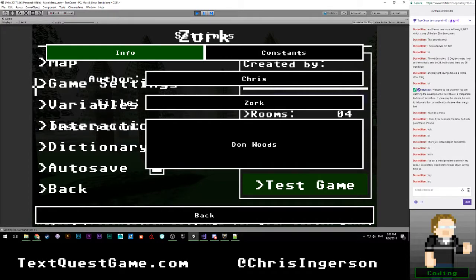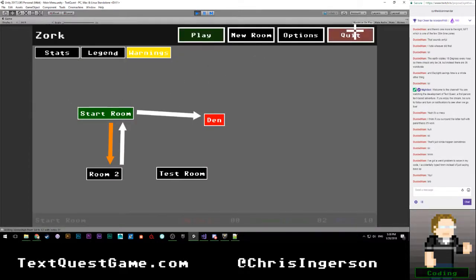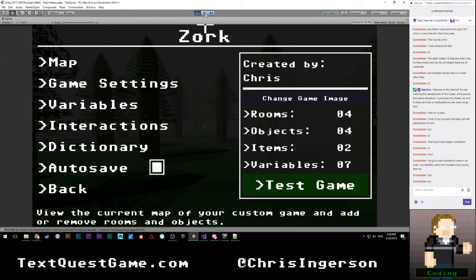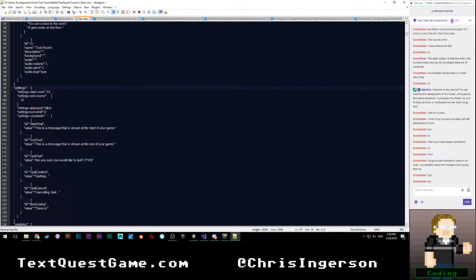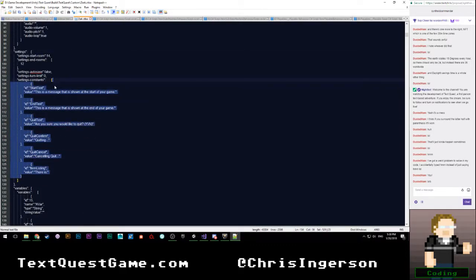I'm gonna try to open up the game map. This is totally gonna break everything, but it should work. Yes. Okay. So that should save everything. Let's go ahead and stop playing. Take a look at our save file. Yes. Okay. So now all of our data is saved out. You can see that we've changed our item listing values to there is. So that works.